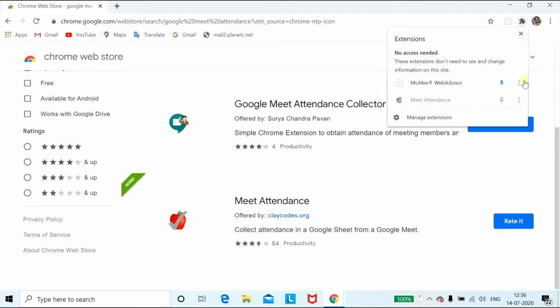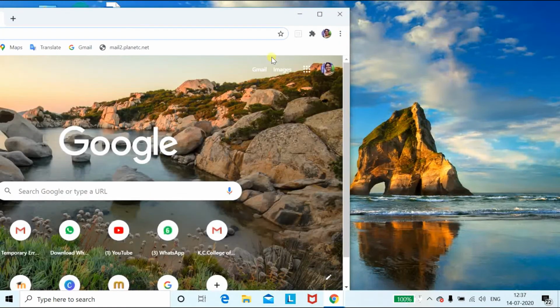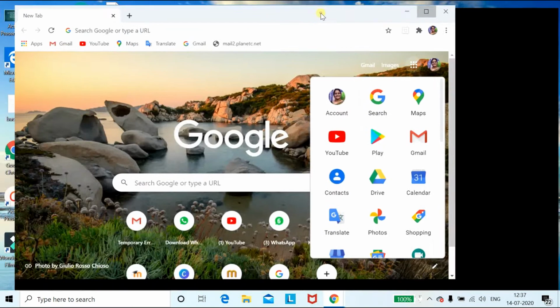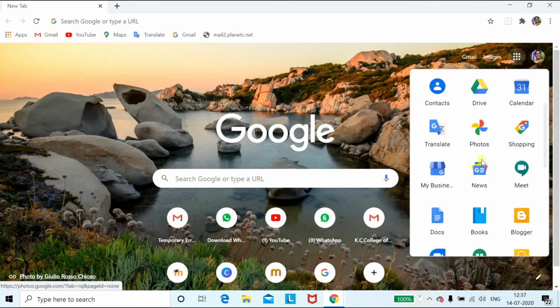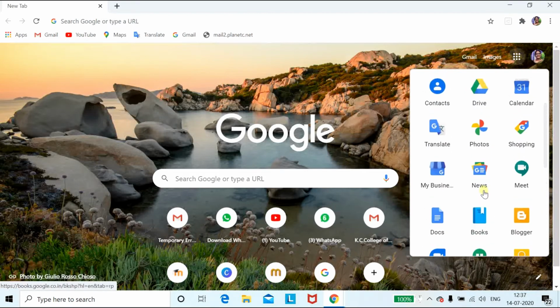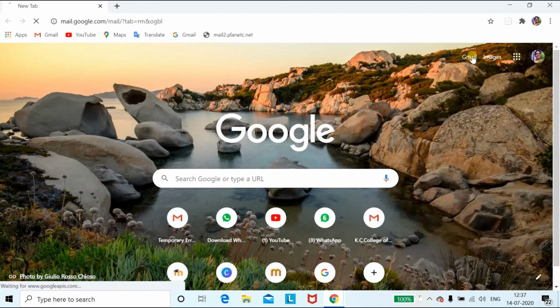Okay, so now what will we do? We will just go and join Google Meet. In the calendar you will get your previously scheduled meets also. So just sign in with your Gmail.